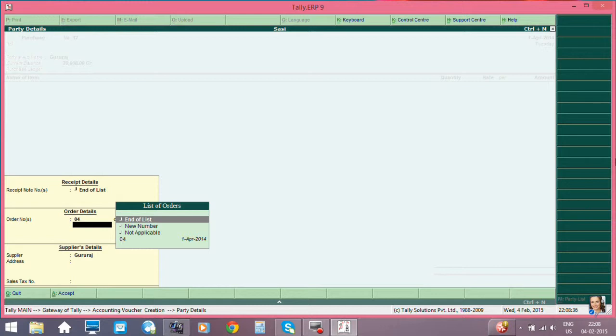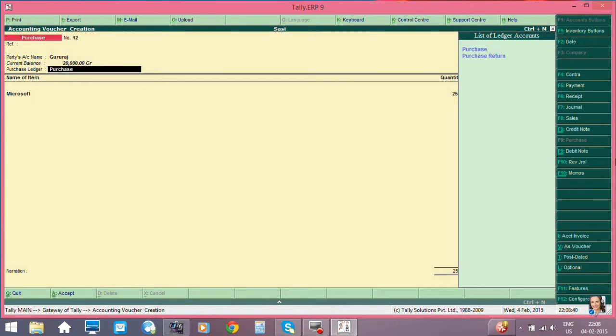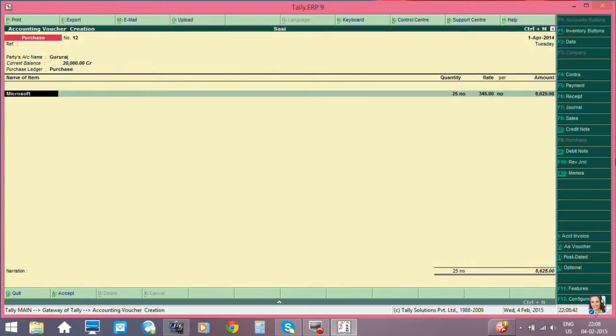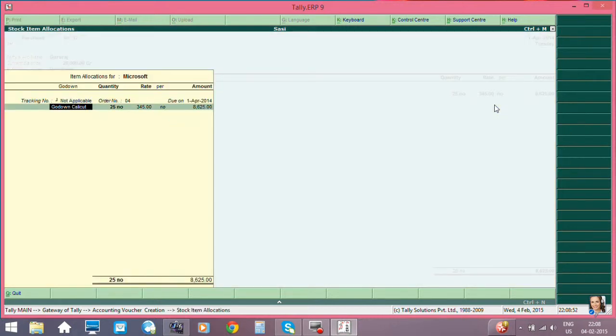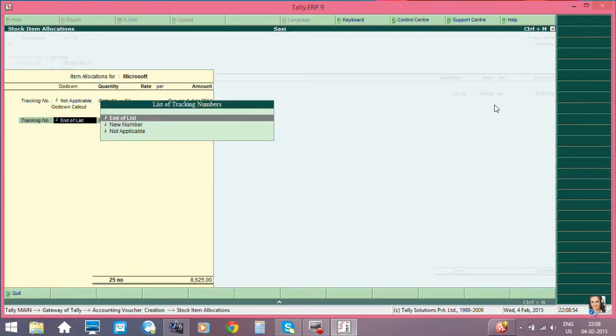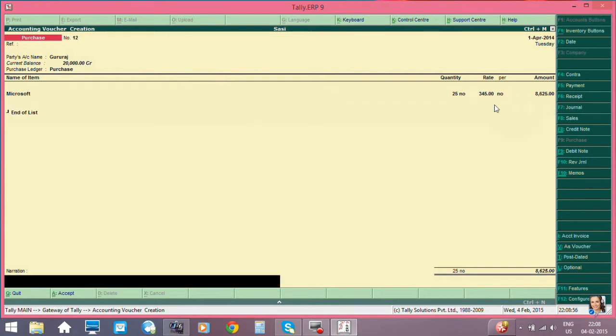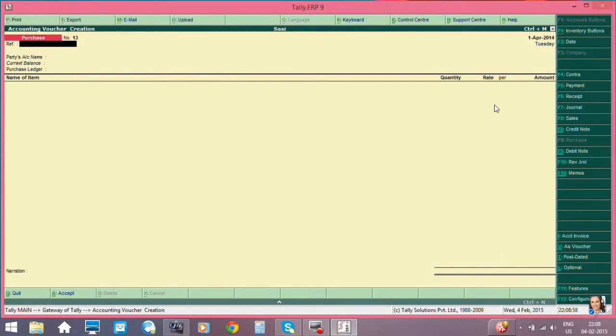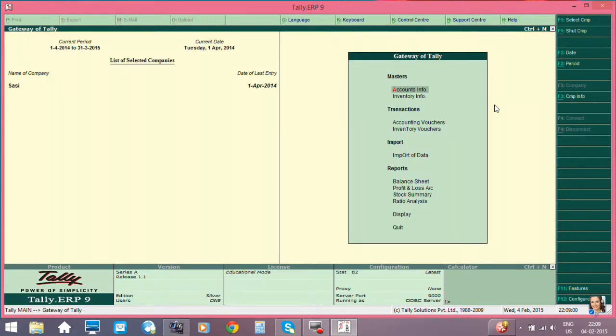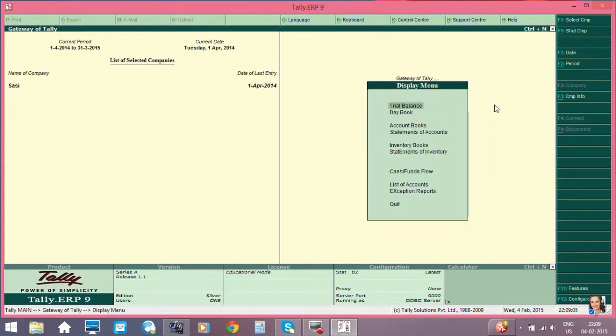What will happen if we select it? Data will come automatically. Select purchase from here. See, all the data is here. It came automatically. 25, quantity, rate, amount, everything is there. Select everything from here. Then save it. Press escape, go back, go to the display and see